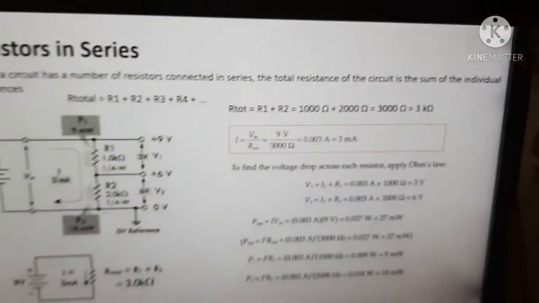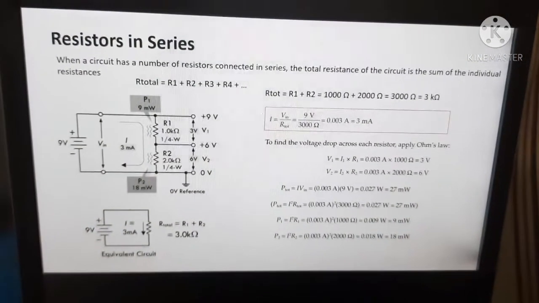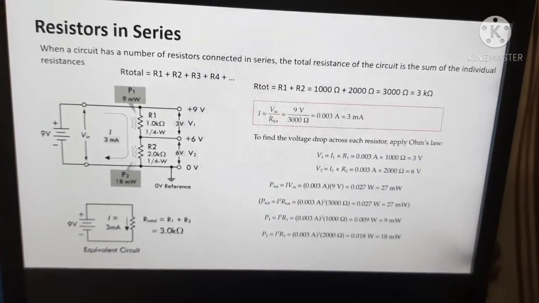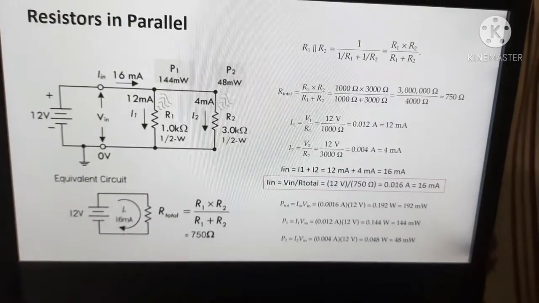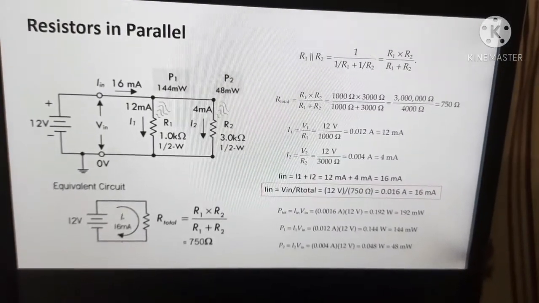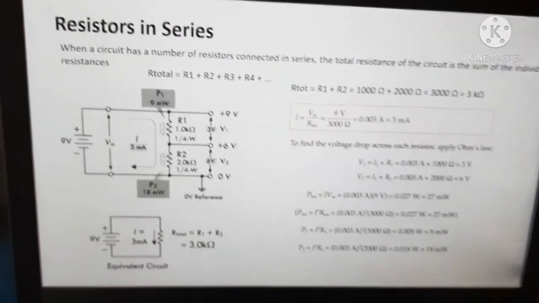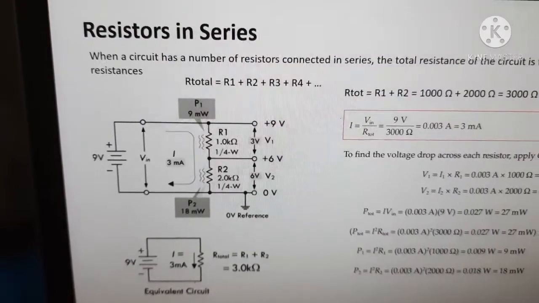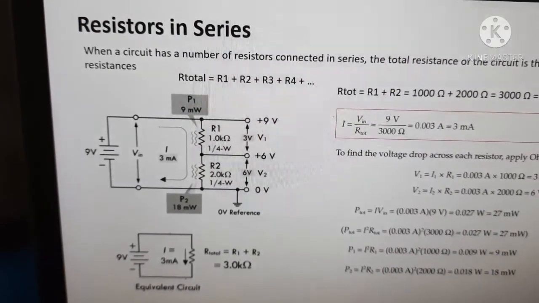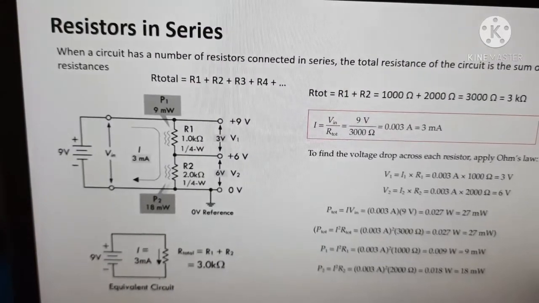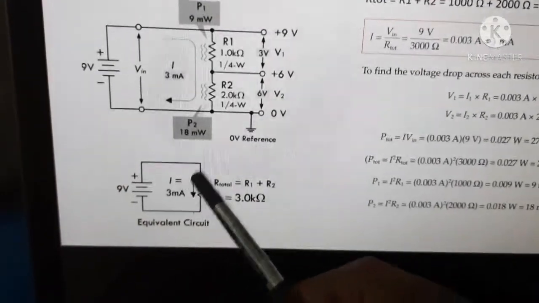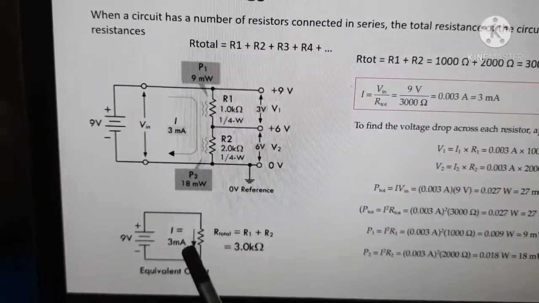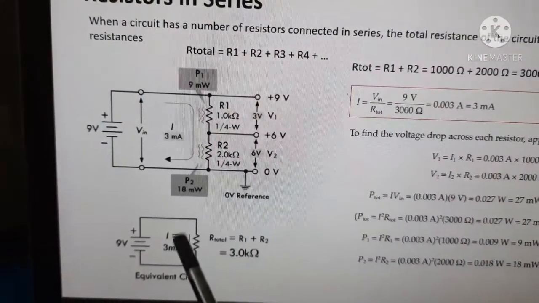Now we will see how the resistors will dissipate power when resistors are in series, and we will see how the power will dissipate when resistors are in parallel. I am not going through the complete theory of this and calculations. These are very simple and easy, but I will give the overview of that. For this circuit we need to calculate the total resistance of R1 and R2. Since this is a series, it is just R1 plus R2, that is the total resistance.